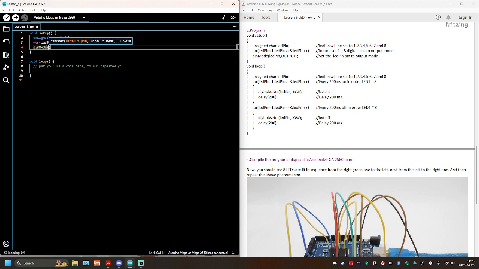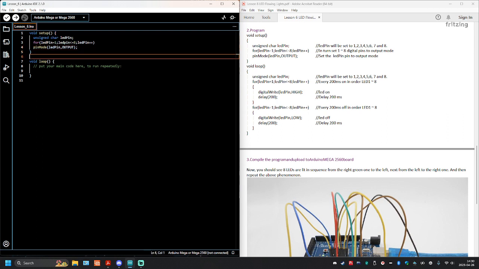pinMode, LED pin, output, semicolon. This is the whole setup. So it looks like we're just putting all the pins to output right now, and we're using the for function. So instead of assigning each individual pin to output, we're just saying pin 1 through 8 put to output. So let's go down to the loop,